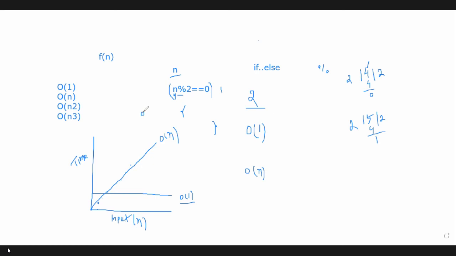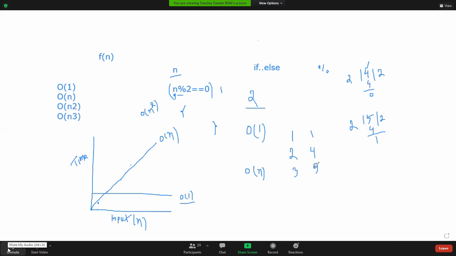And what about order of n square? In this time complexity, the time is proportional to the square of the input size. If n equals 1, then the number of operations will be 1. If n equals 2, the number of operations will be 4. When n equals 3, the number of operations will be 9. Right? So how can we plot this into this graph?